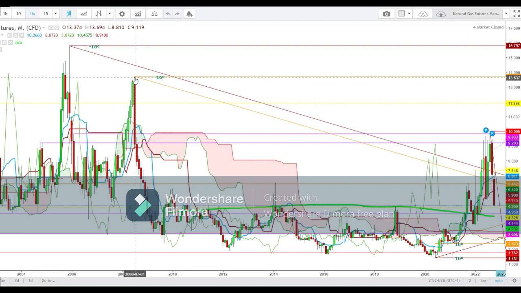But from here, the natural gas futures witnessed a steep fall that continued to drag down the natural gas futures up to the levels of 2.444, what it tested in September 2009. Since then, the natural gas futures were trading in a narrow range for next many years up to the year 2020. We've seen a tight range trading in natural gas futures from the levels of 1.777 on the low side, and the upside was capped at the levels of 5.207. So friends, here you can see that how the natural gas futures continue to trade amid this tight trading